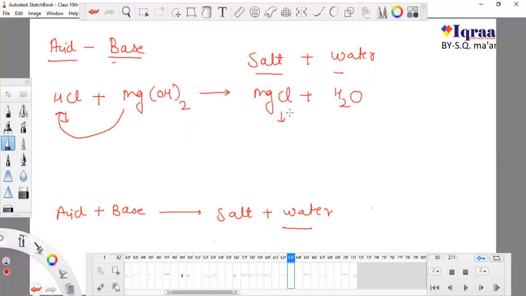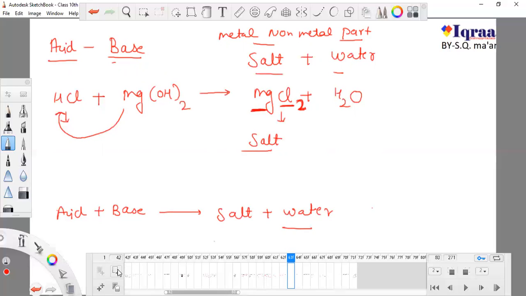Okay, acid base gives salt and water. This is a salt. Why is this a salt? This is a salt because it contains a metal part and a non-metal part. Always remember that salt is made up of one metal part and one non-metal part. Okay, so this is our formula. Now I will use 2 here because this is a fully balanced equation and you have to learn how to create a chemical formula. It is from 9th class, chapter number 3,